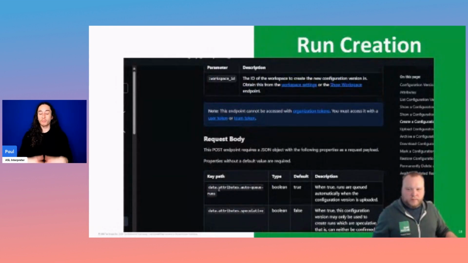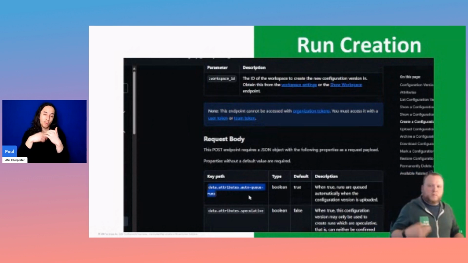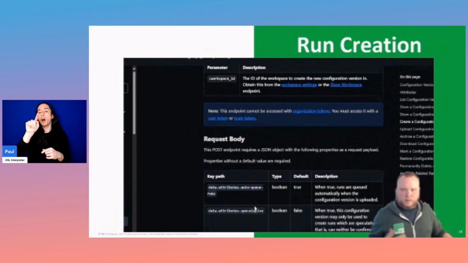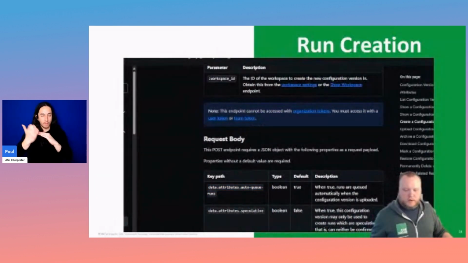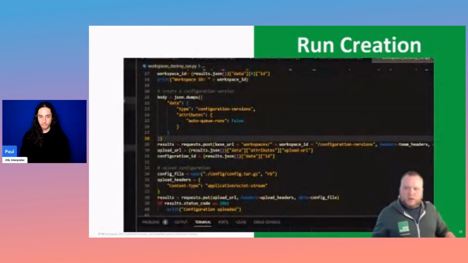But the only one that we care about for this example is auto queue. We don't want it to run automatically when the configuration is uploaded. If we go back to our example,